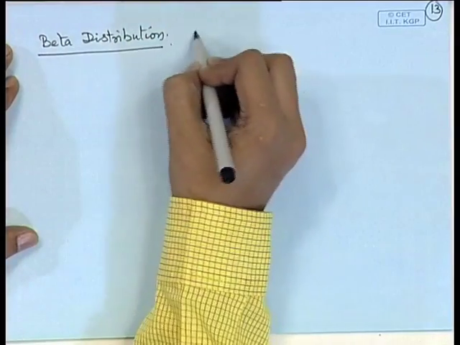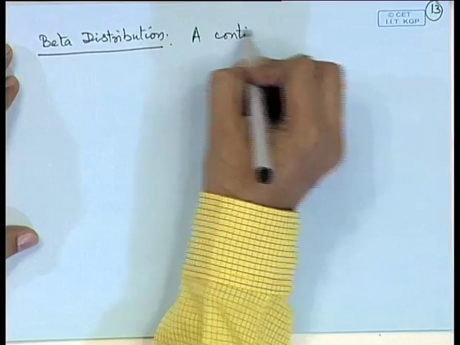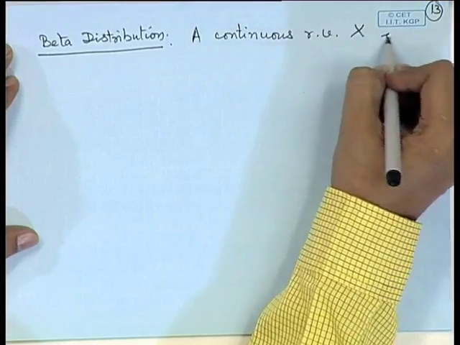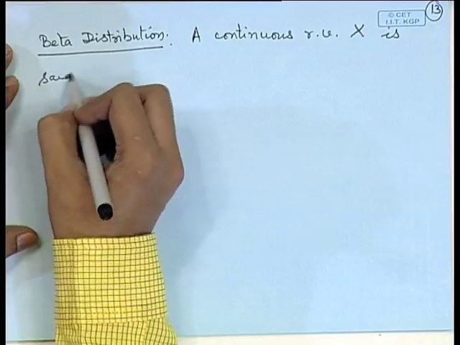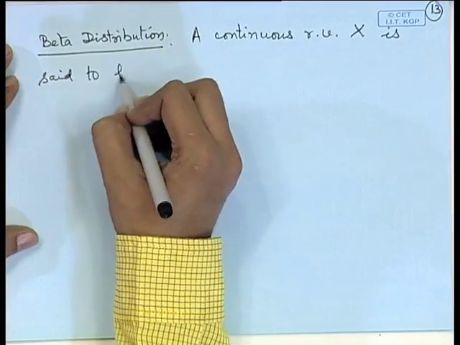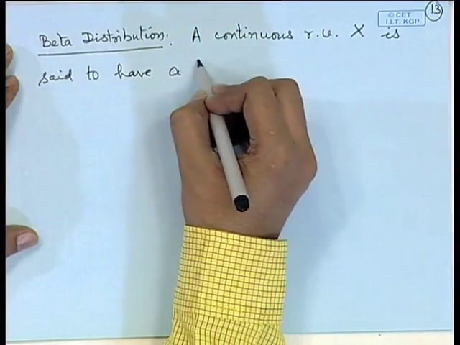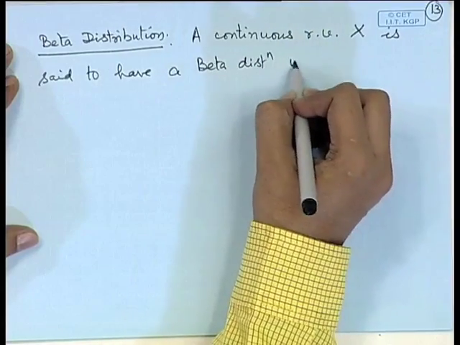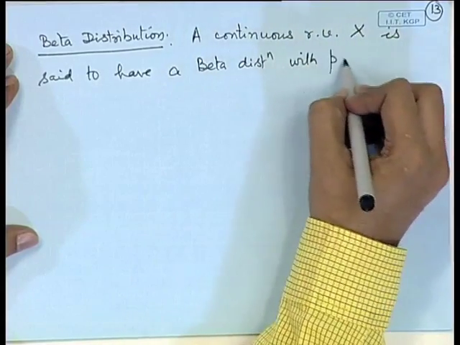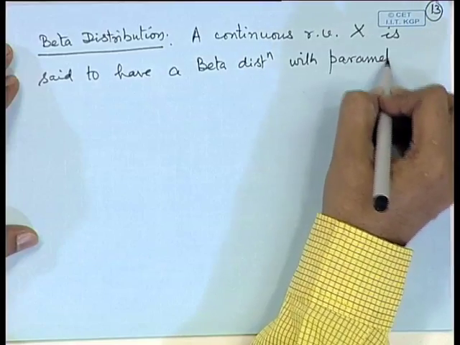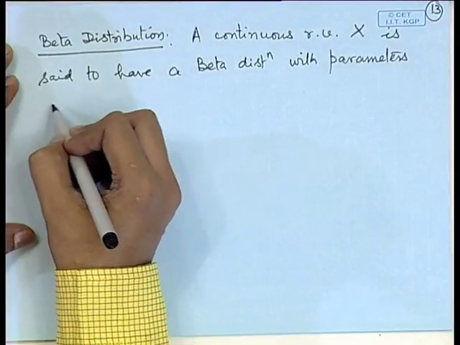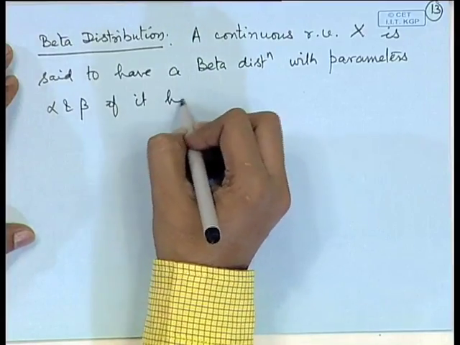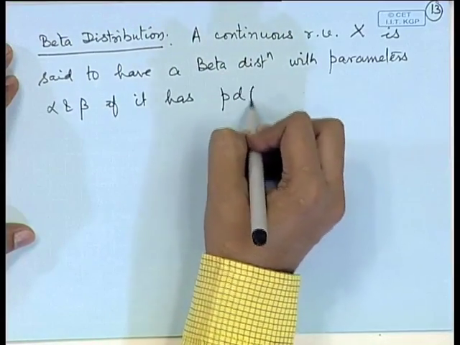A continuous random variable X is said to have a beta distribution with parameters alpha and beta if it has the probability density function given by